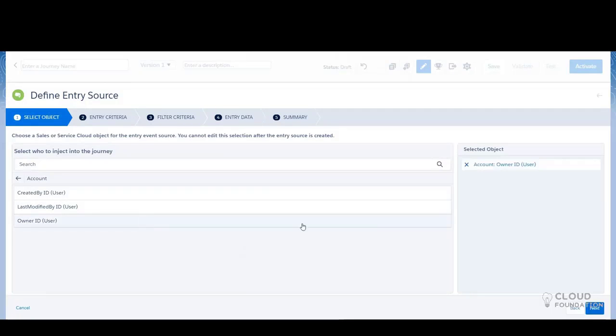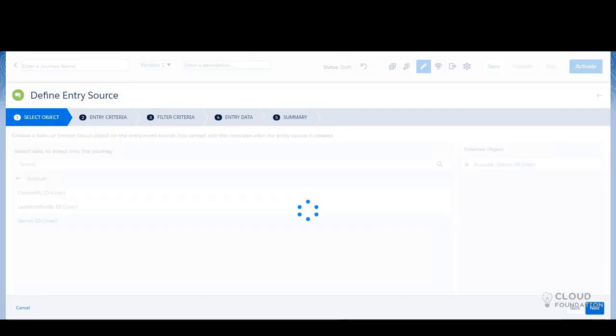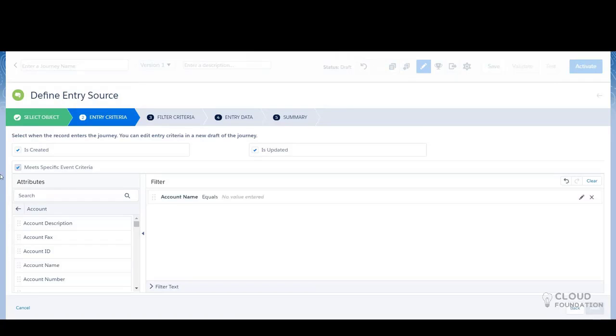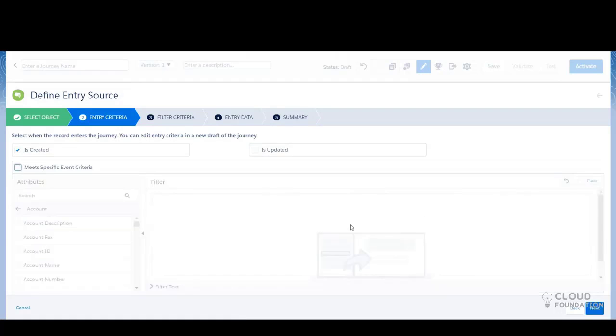Select any owner ID, and check is created and is updated, and define the criteria, like account name. Or you can just remove is updated, and define a filter.